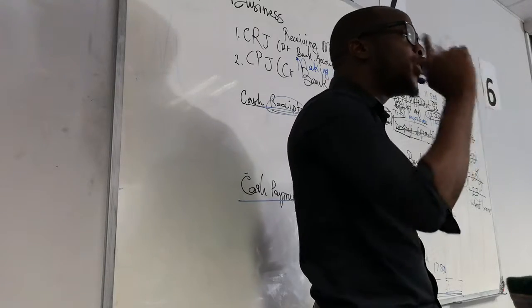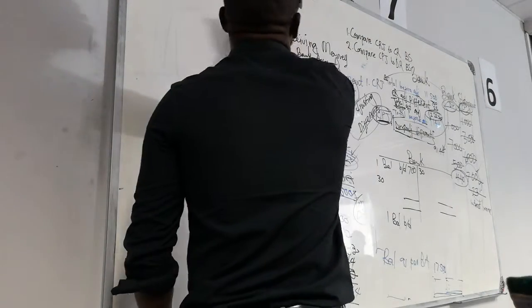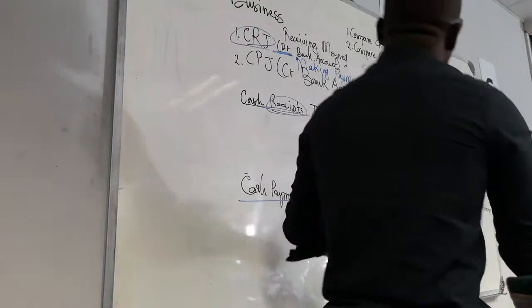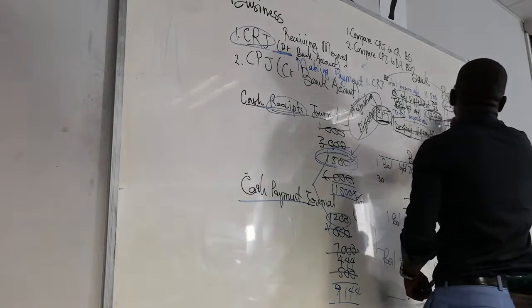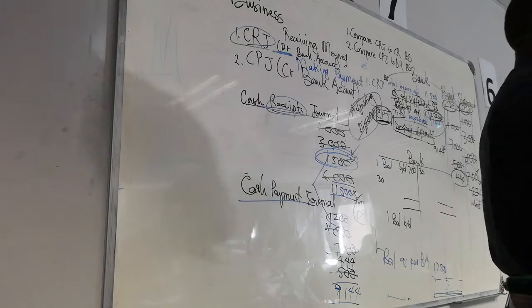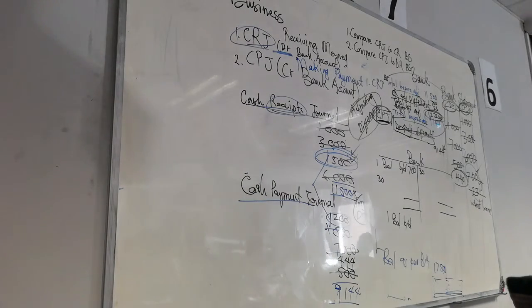And then we know that we were in the CRJ. We were debiting bank. So the total that we get from CRJ, the 12,000, it doesn't matter whether you've got 12,223 or 12,232 or 11,000. The total that you have on your answer book. Are we together, guys? I'm not marking with a memorandum.